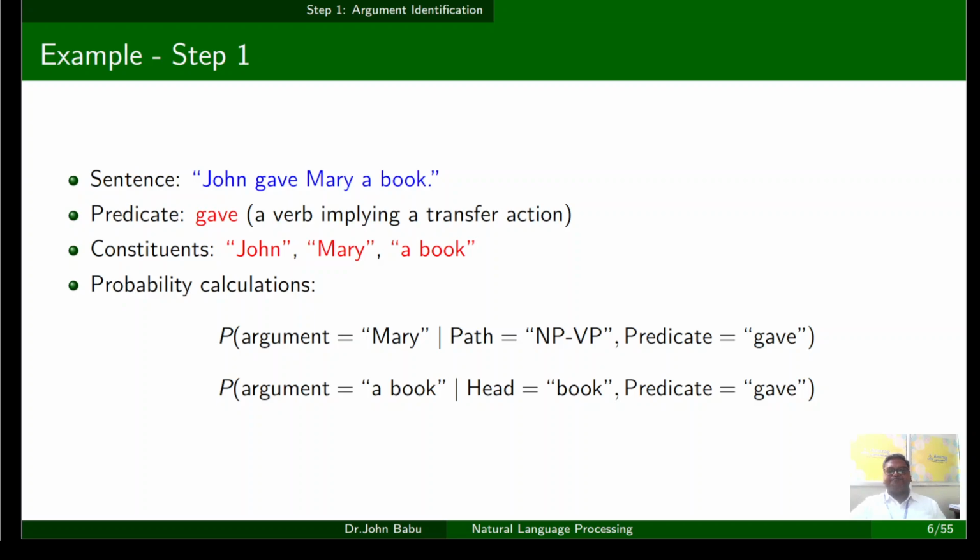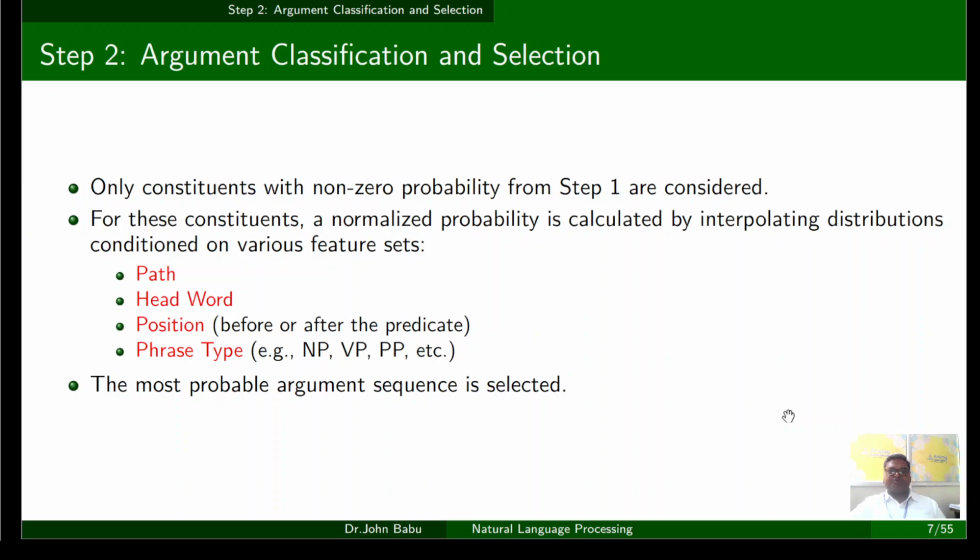For example, John gave Mary a book. What is the predicate here? Obviously, gave is the predicate. And the constituents are John, Mary, book. Now we will calculate the probability of John given the path, noun phrase and verb phrase, and predicate gave, and the probability of a book given the head word and the predicate. So once we calculate these probabilities,